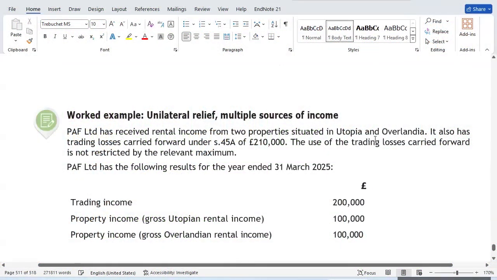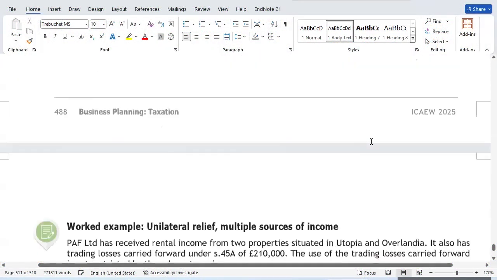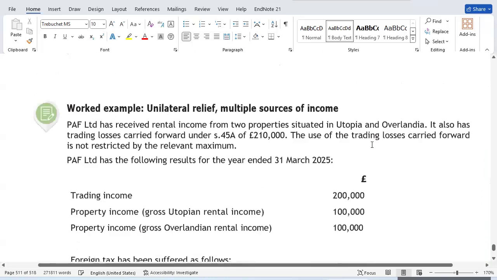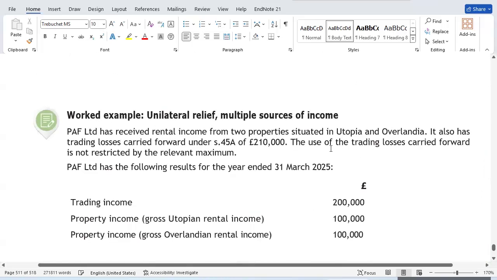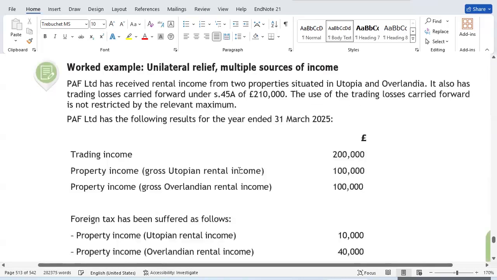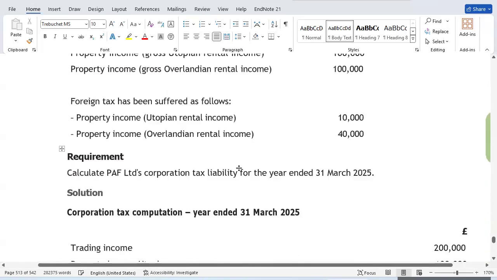Okay, come back here. So we're at 5.8. Okay, so what you must know is that your trading loss carried forward, when they say not restricted to relevant maximum, means there's no restriction on the usage of the 5 million deduction allowance. Okay, so how you must do is